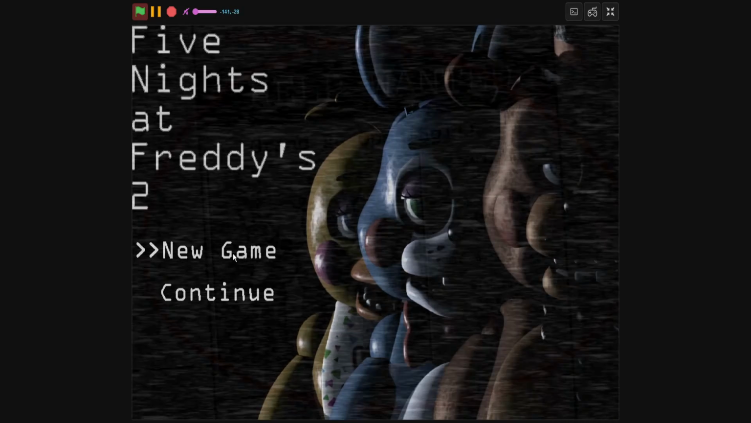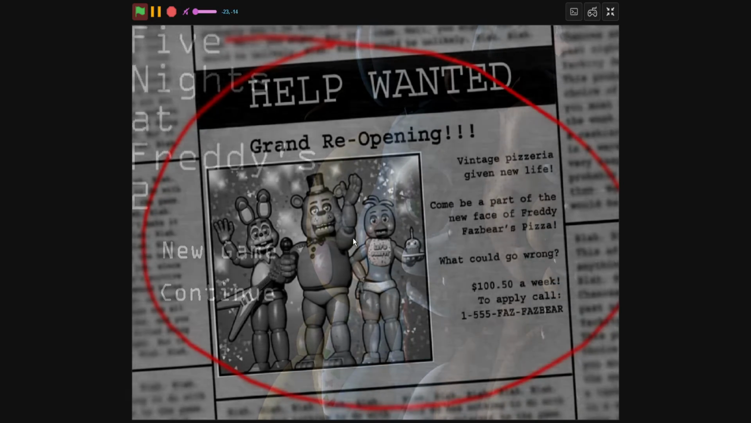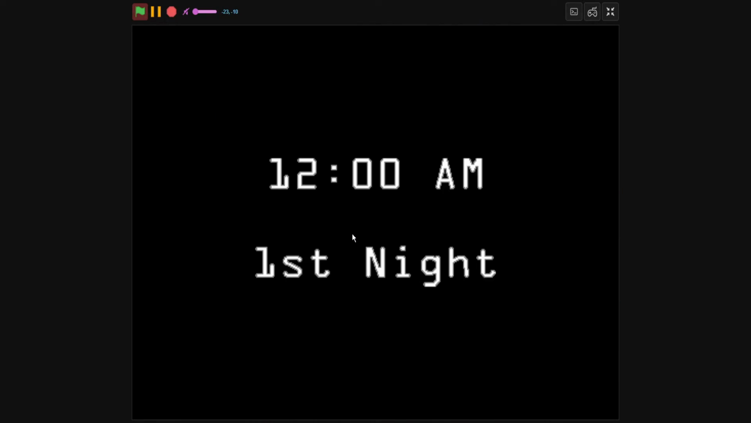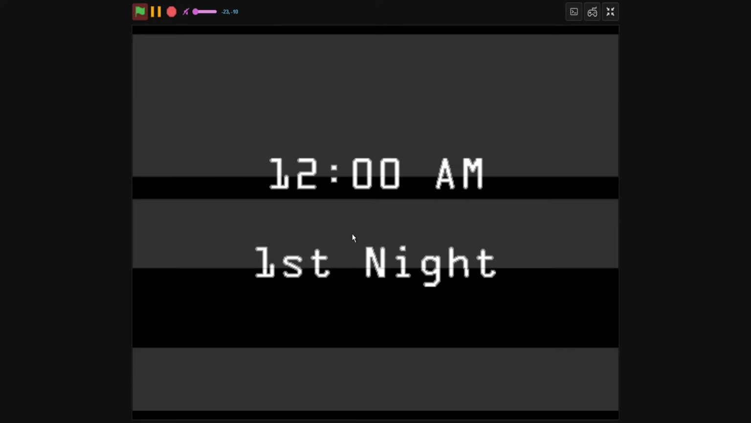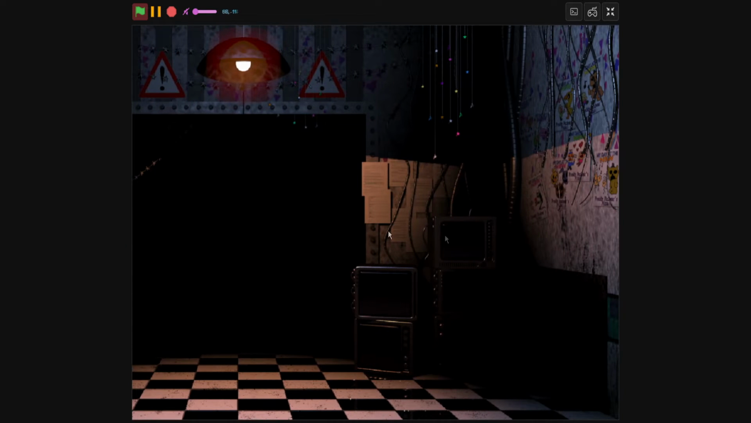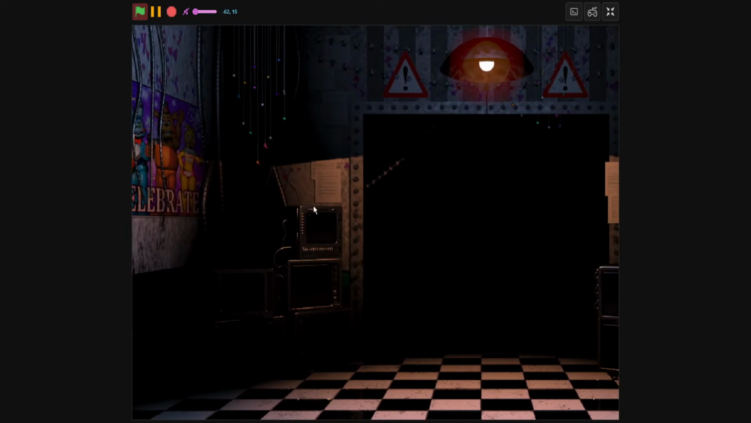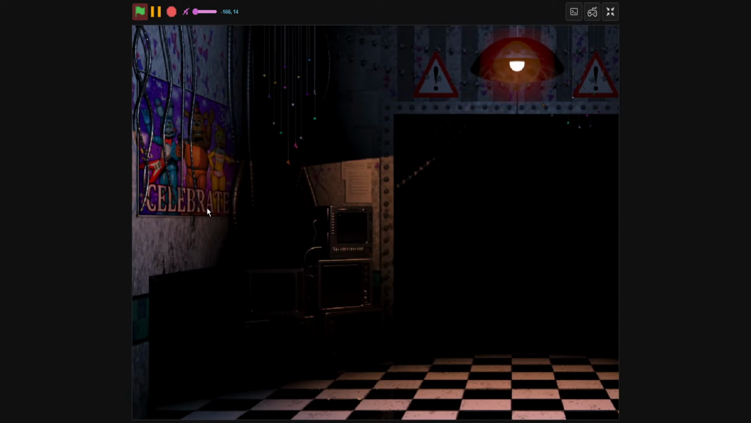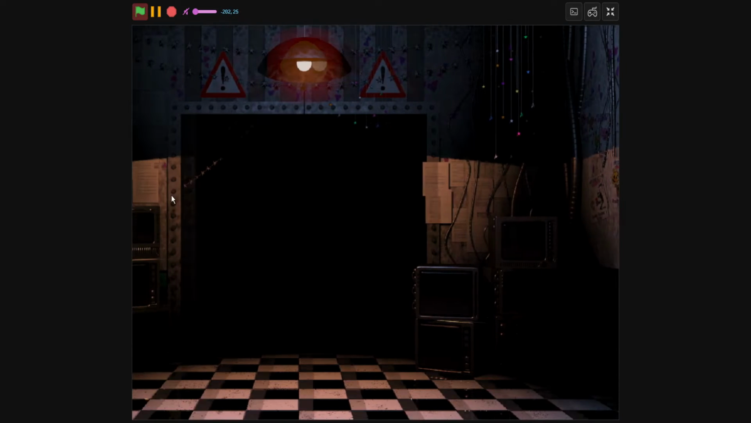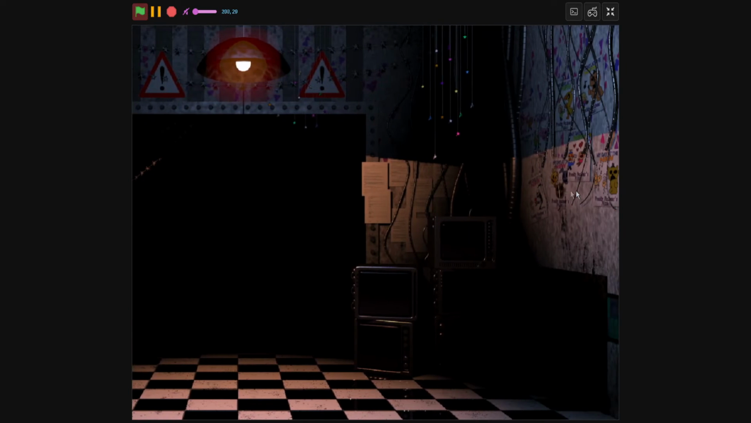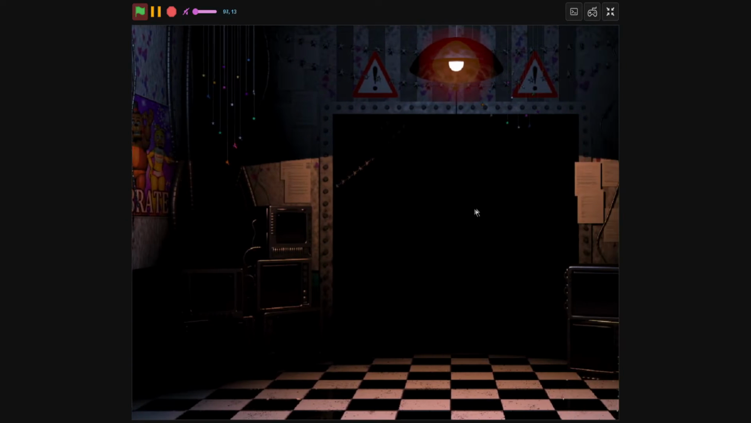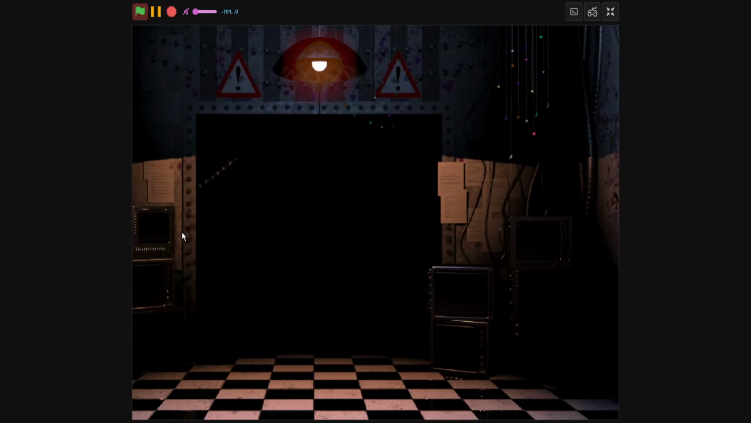Let's hop in and see again. Hit new game. It loads. First night shows as it should. And now you see that as we move our mouse across, the office scrolls dependent on where our mouse is. Fantastic. Now, if you're using Turbo Warp, we can get rid of the choppy look of this, and I'll show